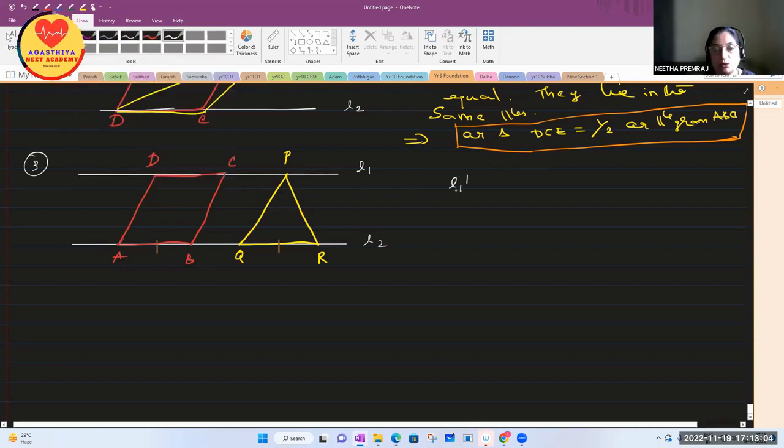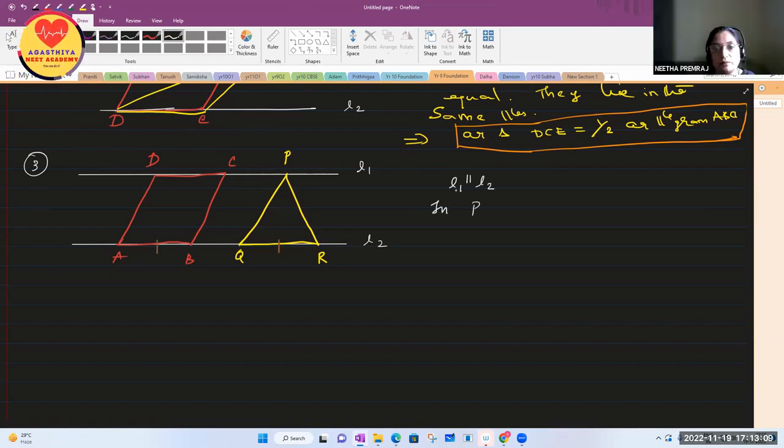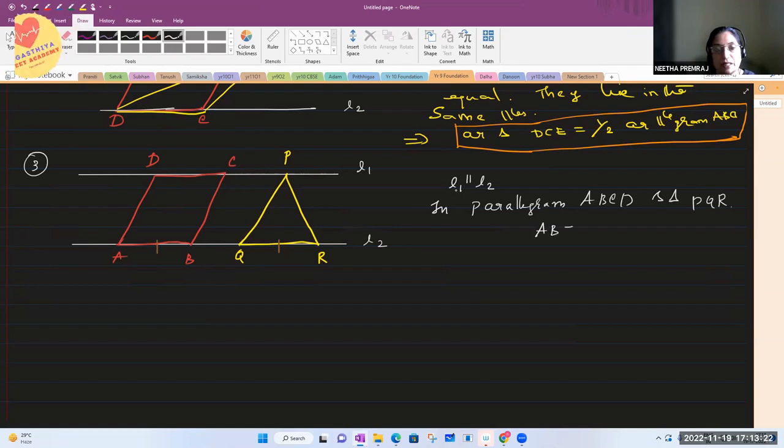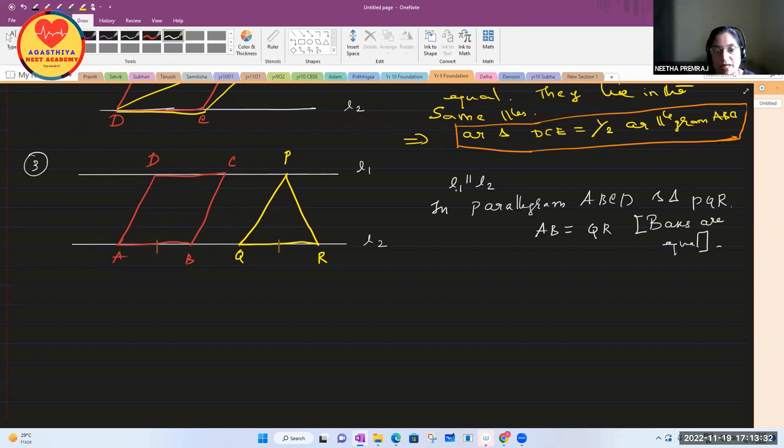L1 is parallel to L2, and in parallelogram ABCD and triangle PQR, AB is equal to QR. The bases are equal, isn't it? Yes, ma'am. Bases are equal. Then again, you can say the same concept. Area of triangle PQR is equal to half of area of parallelogram